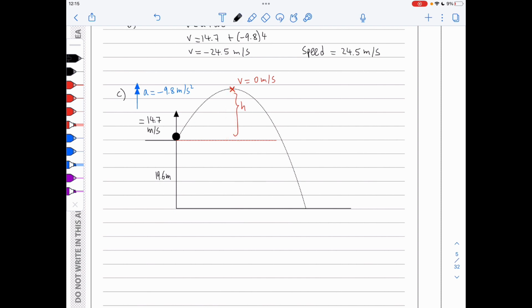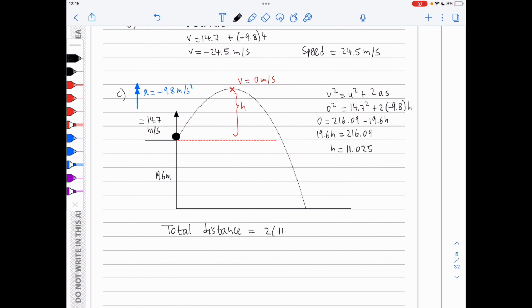I will be using v squared is u squared plus 2as. We know that 0 squared is 14.7 squared plus 2 times minus 9.8 times h. So 0 is 216.09 minus 19.6h, and therefore 19.6h is 216.09, which leads to h being 11.025,